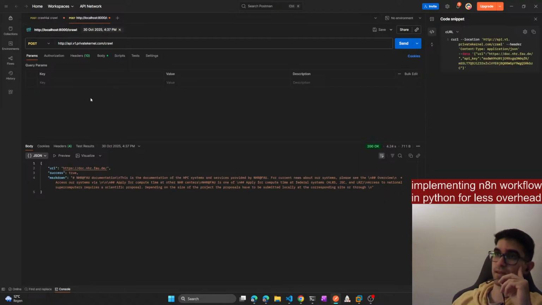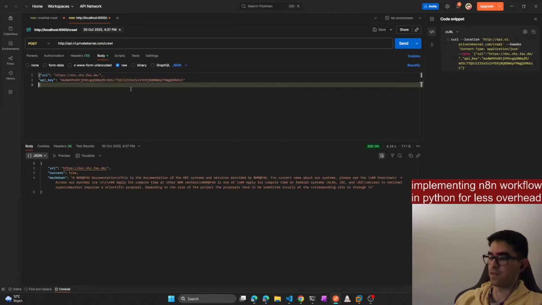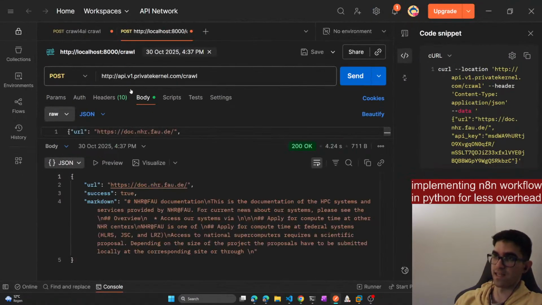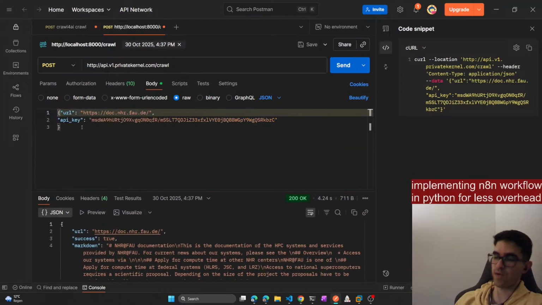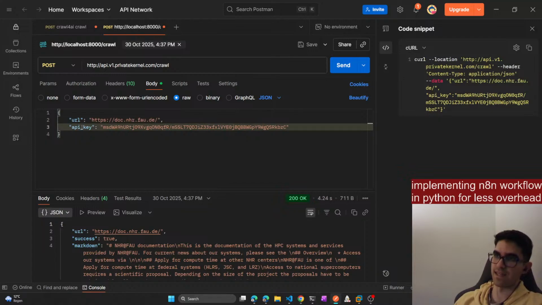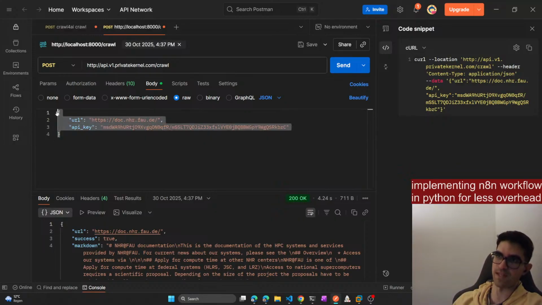Yeah, so for example, here, if I want to send a request to some server or anything, I will write the request in a JSON format. And when I want to send a request, I say, hey, the URL is this, and then for example, the API key is this, and then when I send this request to the server, this will be sent as part of the request.